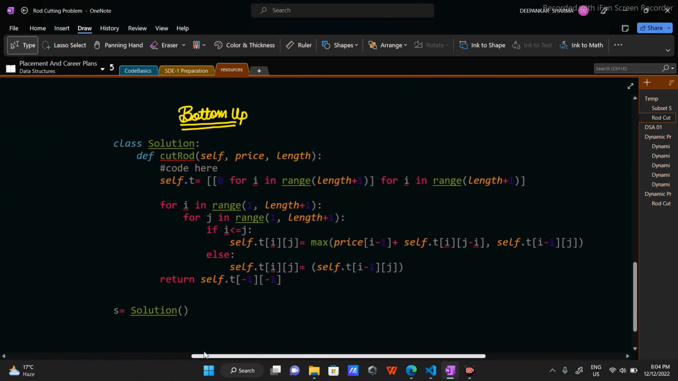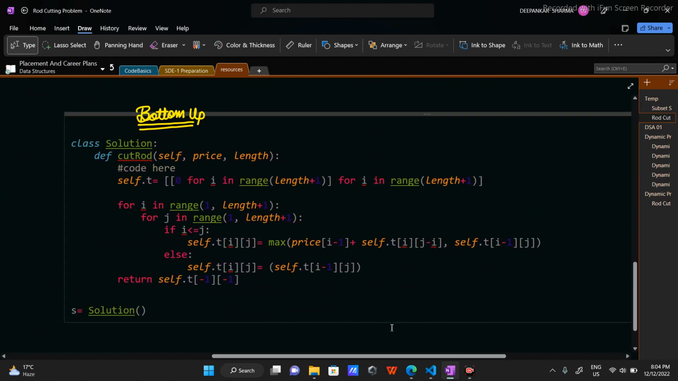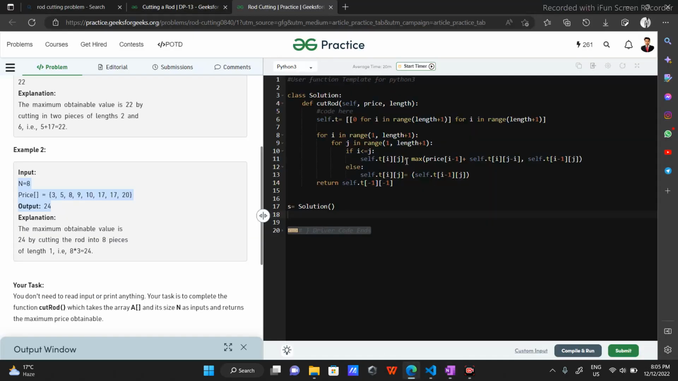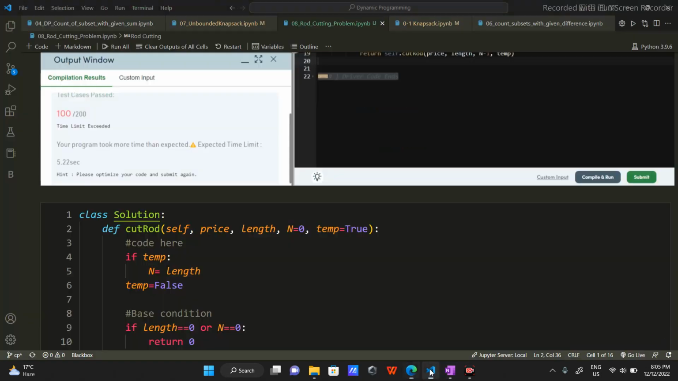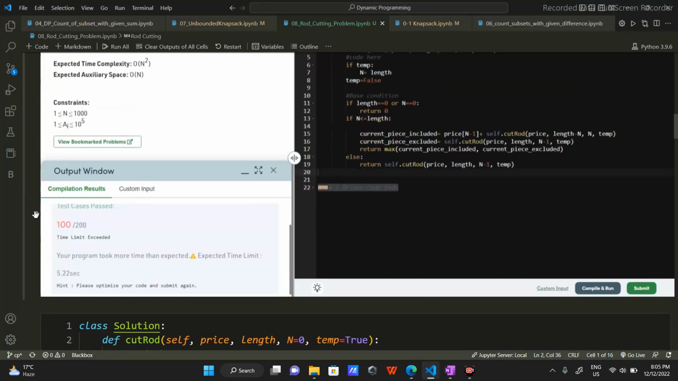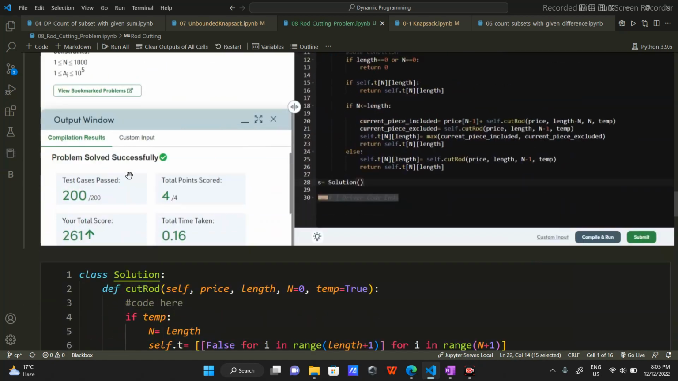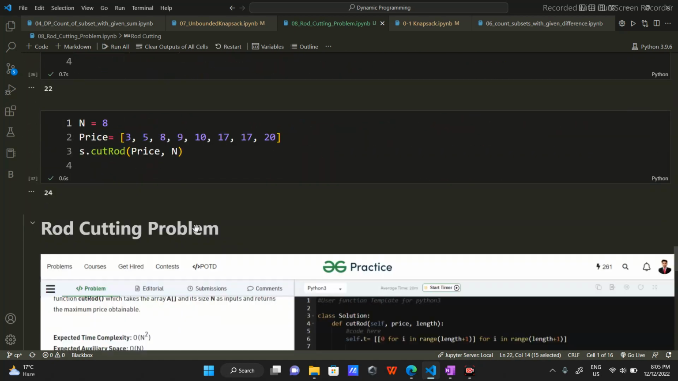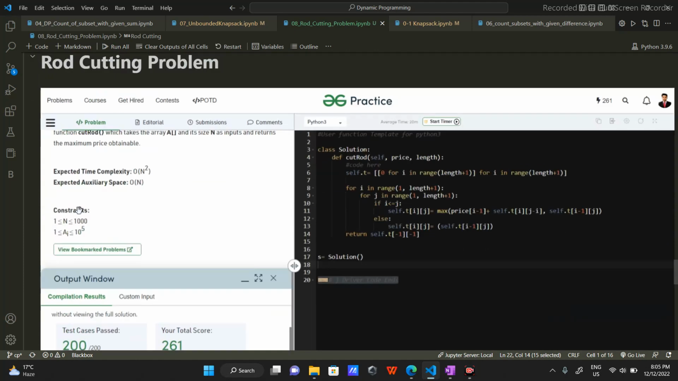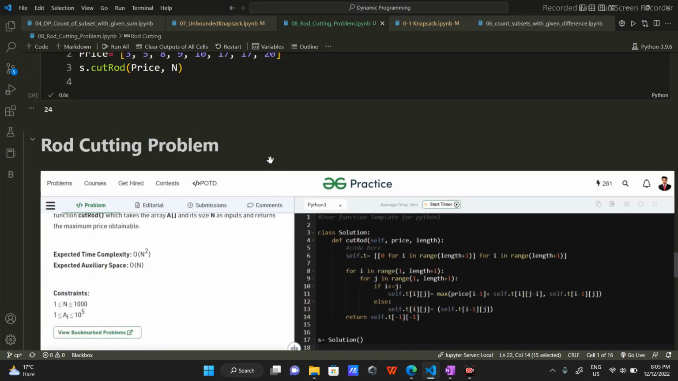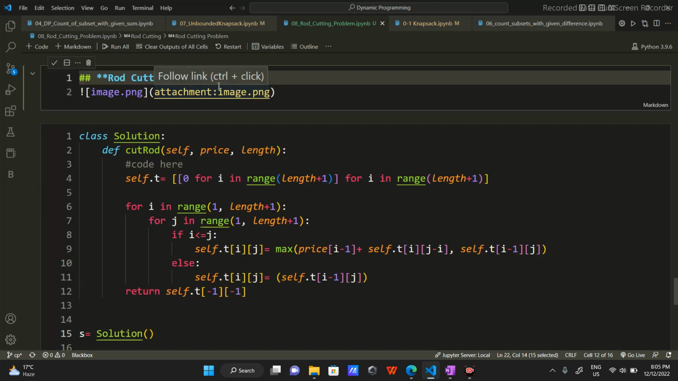So that's it for this problem. This is the bottom up approach, but the plain recursive version will pass only like 100 out of 200 test cases, and I was getting a time limit exceeded error. But then my memoized version was working perfectly fine, and so was this bottom up approach. So what I'll do is I'll just rename it to